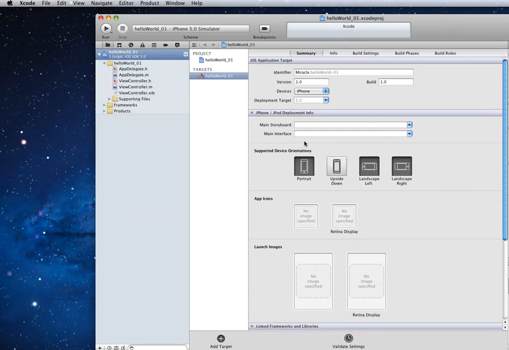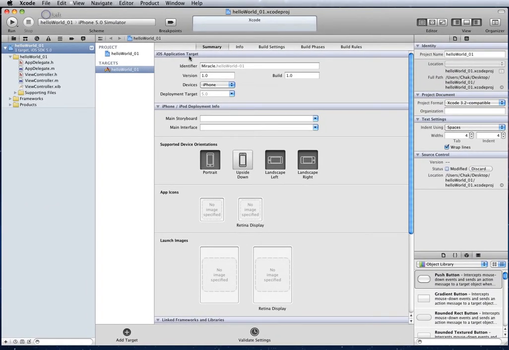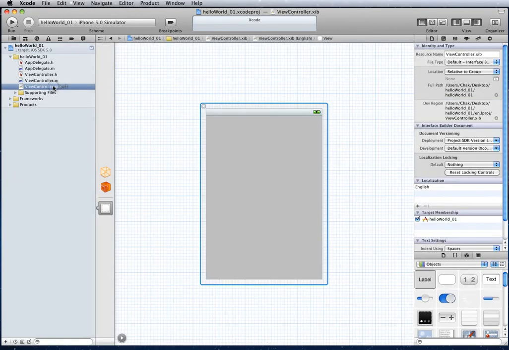Okay. So Xcode will create the project for you, and under the project you can see the folder Hello World 01 that we just created. The first thing we want to do is look at the nib file, where the graphical interface is that we want to work on. The first thing we want to work on is to put the label on the top, where when the program runs we can see the hello world show up, and then we have the control button down